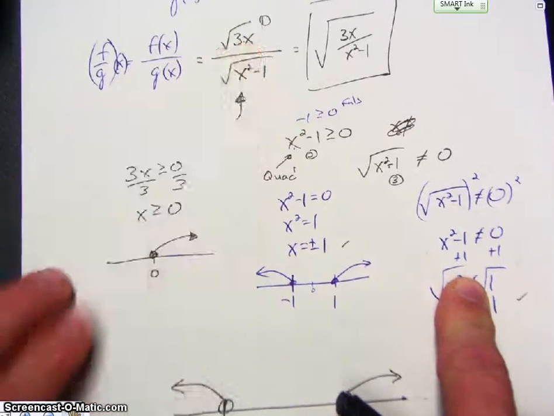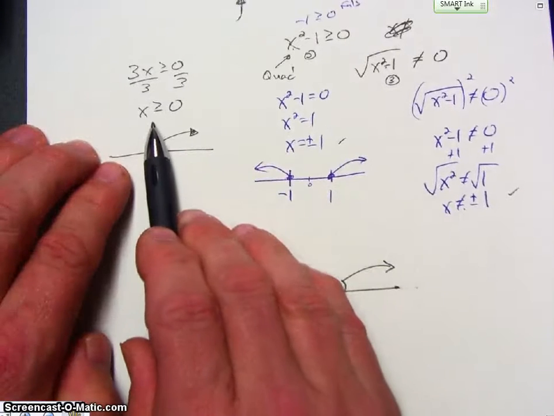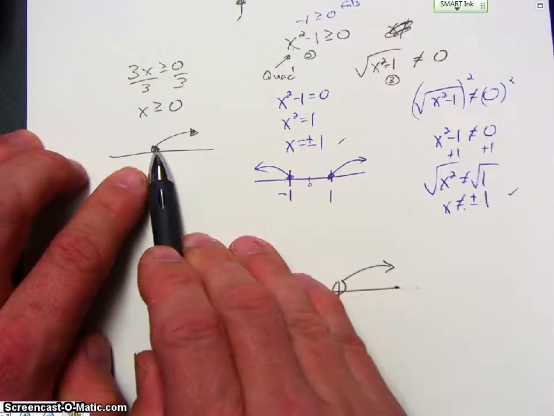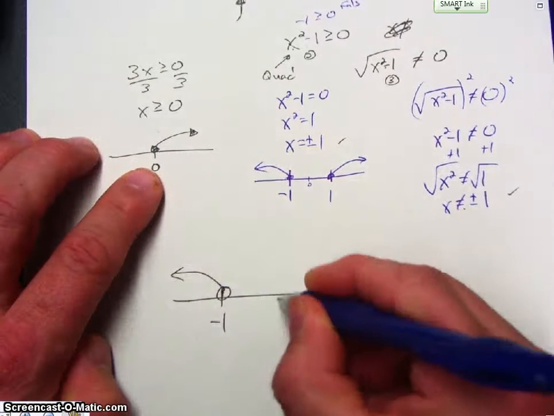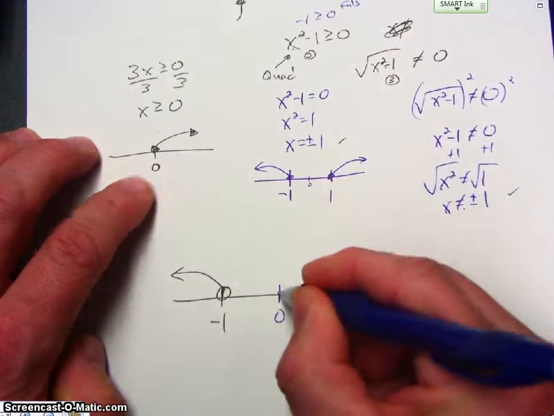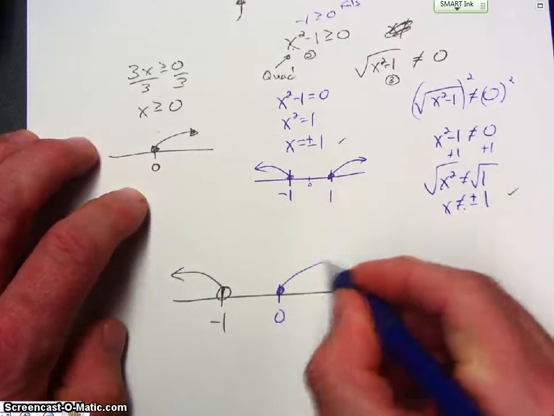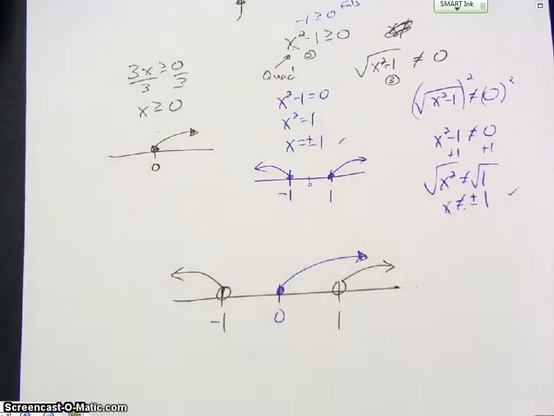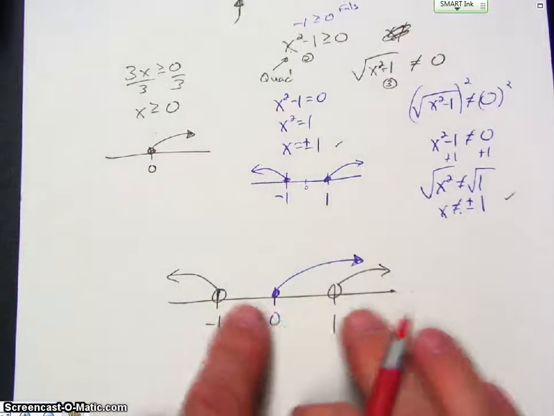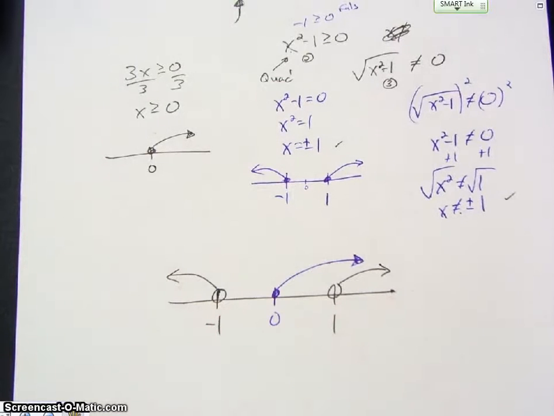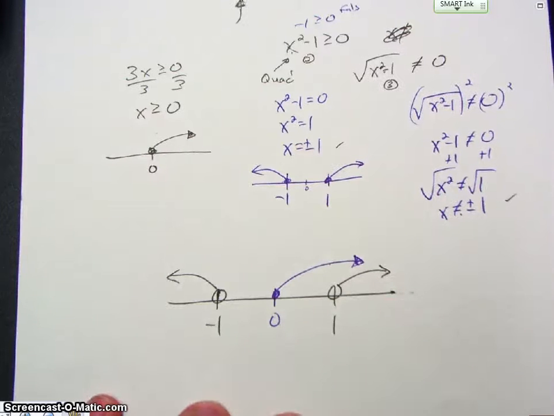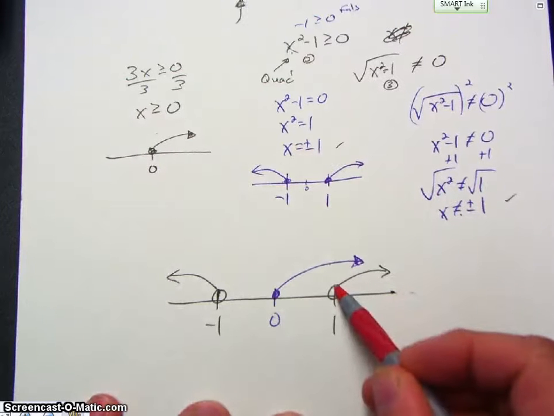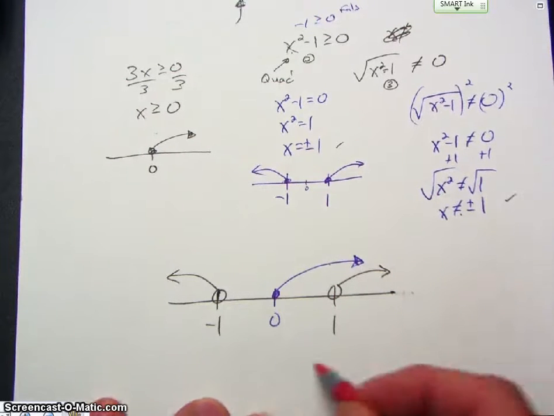All right? So now I'll take the domain that I found for the numerator, x is greater than or equal to 0. So here's 0. It's greater than or equal to, so it goes this way. Okay. Now, I need to find out where these two graphs, the blue and the black, what do they have in common? Where are they the same? Well, they're the same once it goes after 1. So everything after 1